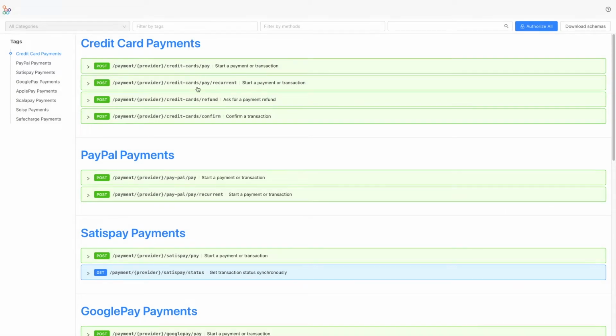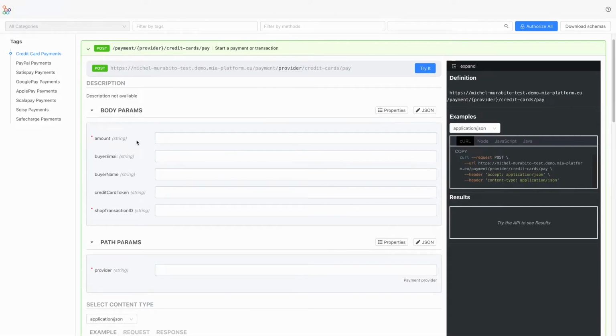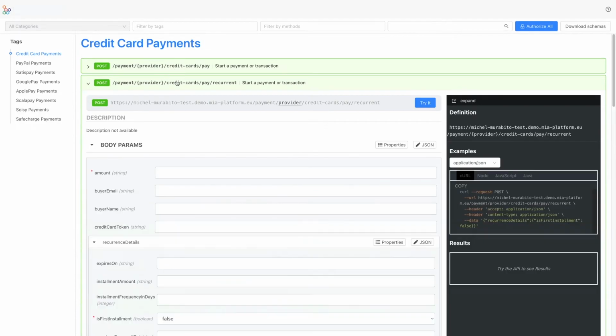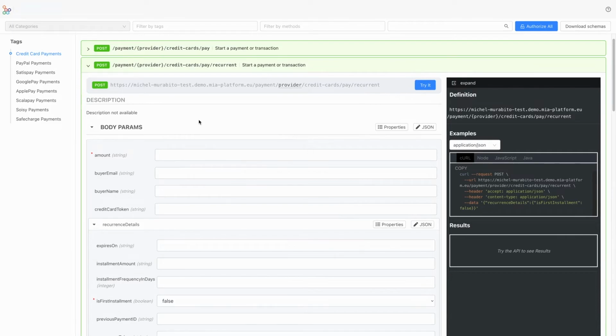can make recurring payments. The input data required by single payment endpoints are the payment amount, which is a required field, the store transaction ID, which we need to retrieve the transaction and its status, and the provider we want to use. Regarding the recurrent payments endpoint, the input data are the installment amount, which is the value of each